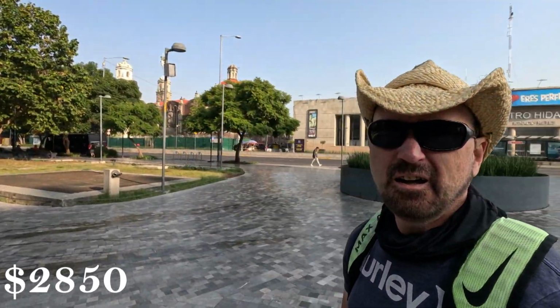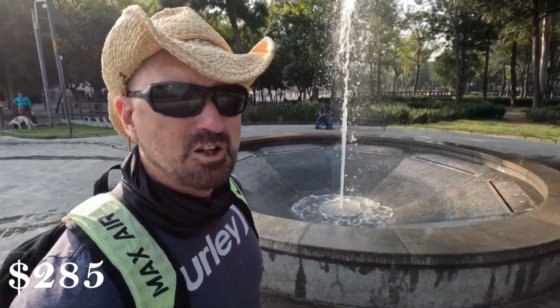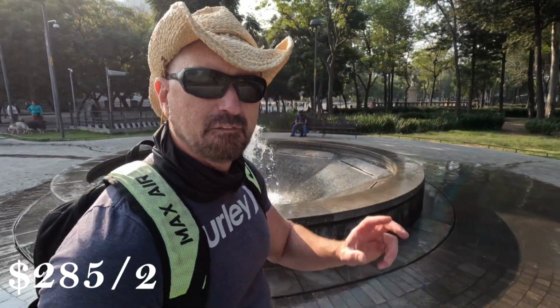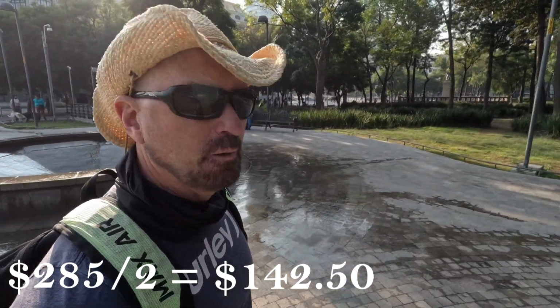Now in Mexico, with the peso being worth about half the US dollar, if you're out shopping, here's a quick and easy way to calculate pesos to US dollars. Let's use the 2,850 difference that we just talked about. With 2,850, move the decimal point over 1, which is 285, divide that by 2, which is about 142.50